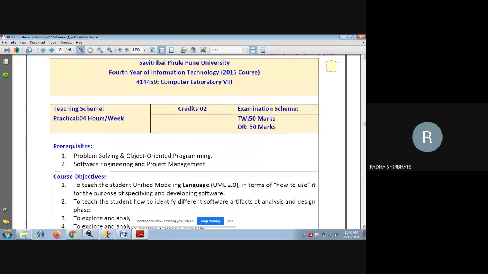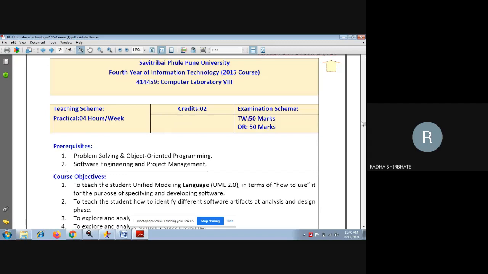Good morning, dear students. Today we are going to start our computer laboratory 4, that is software modeling and design. So this particular lab is totally based on your software modeling and design. The examination scheme for this particular practical is term work allotted with 50 marks and the oral of